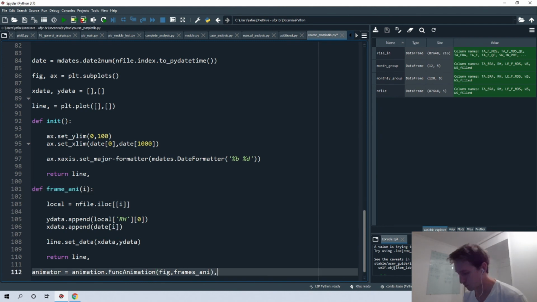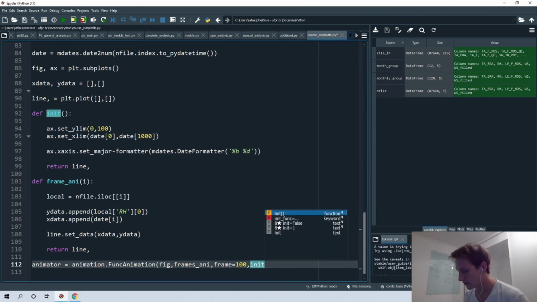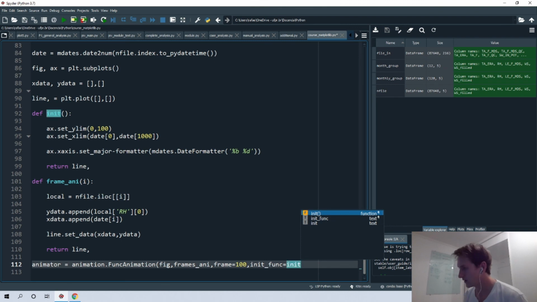And then we can define the number of frames, 100, for example. We must define the initial condition. So the init function should be init in this case. And it's fine, I think it's ready.